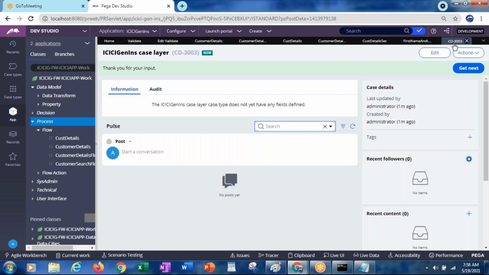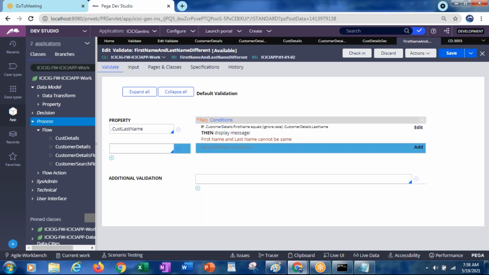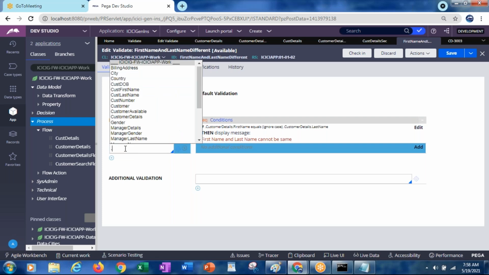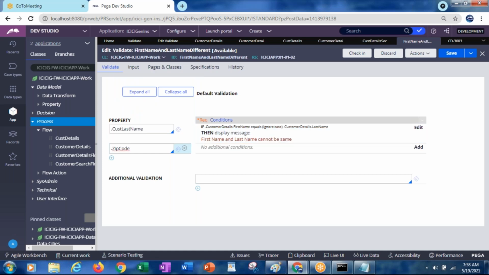Okay, so like that, we can apply the validate rules. Now this is for name. In the same way, if you want to apply one more validation rule, you can apply that. So here again, the zip code.